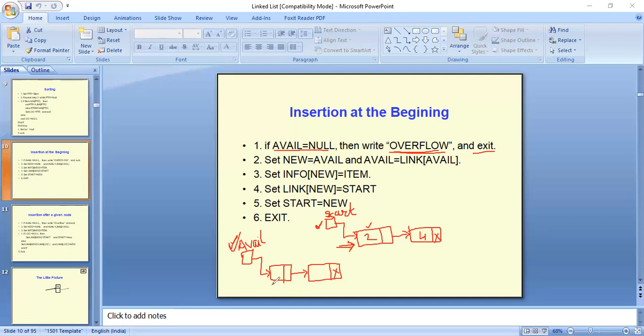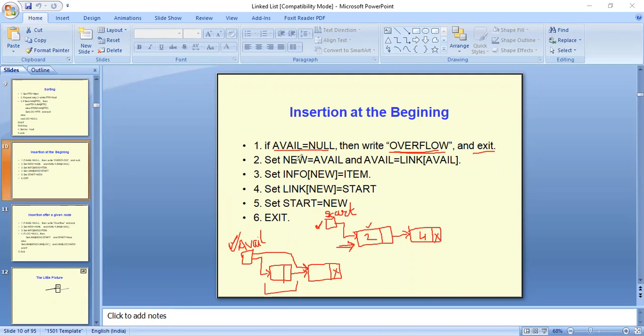So we can take one node from the front and insert it into our list. So how can we get this front node? Simply we have to update the address of the aval pointer. Aval pointer is holding the address of the first node. So we have to update aval so that it can point to the next node.